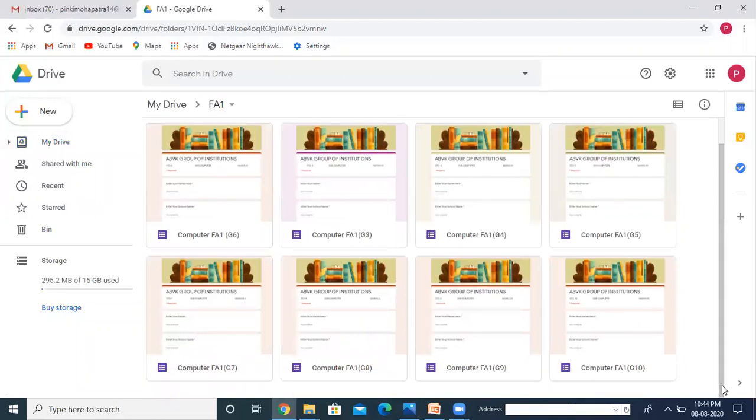So from this folder, I am going to open one form and I want to show you how you can provide the password and how you can create this type of form, as well as how we can manage the Google Drive in a proper way. How we can create a folder in the Google Drive, how we can keep all the things inside the Google Drive so that we can use it in future. Okay, let us open one of the forms which I have created here. For example, this one I am opening.